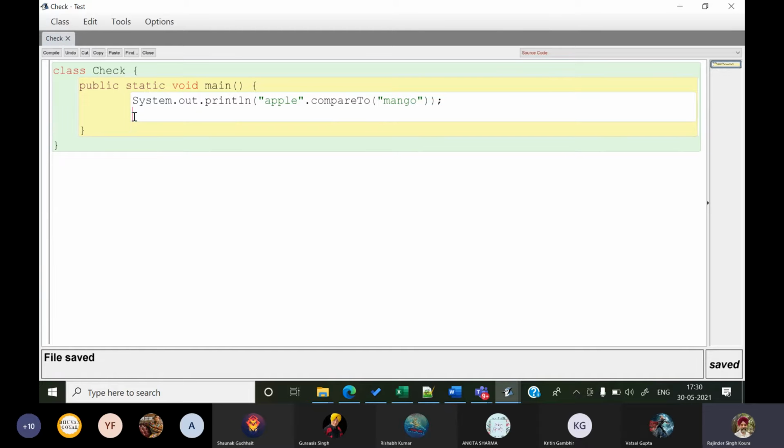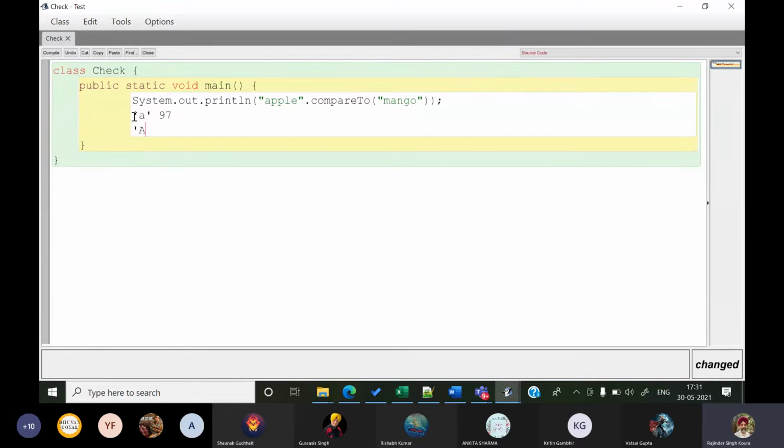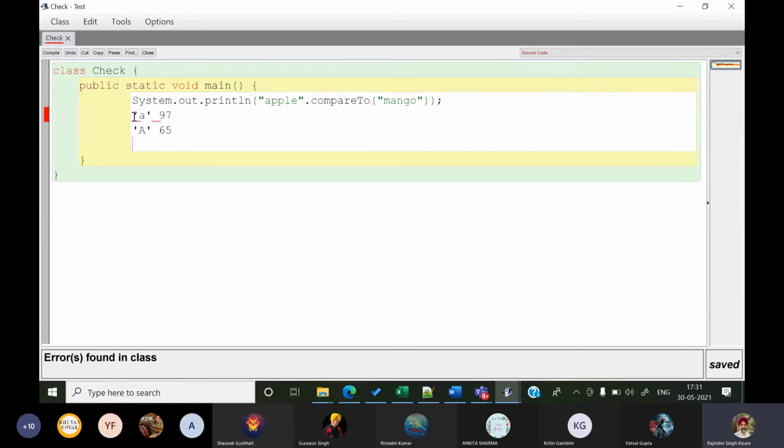Yes, sir. Okay. According to your board exams, we are not much worried about what it will return, although in the small questions they might ask. But all you need to remember is small a is 97, capital A is 65, and the difference between the two is 32. Okay?